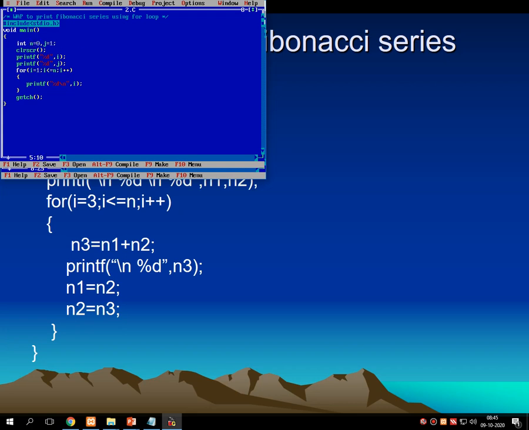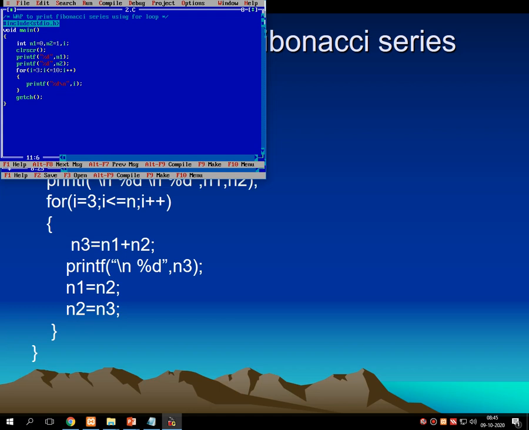Take this one as n1, take this one as n2, print n1, that is number 1, number 2 as it is onto the screen. Start the repetitive control statement from 3 to, say for example, 10. Let me do it for 10 first, then we'll modify the program if something goes wrong.